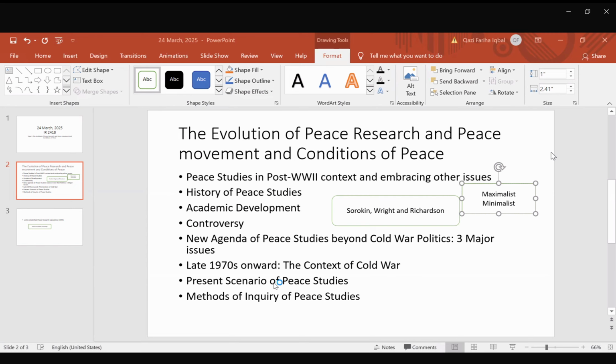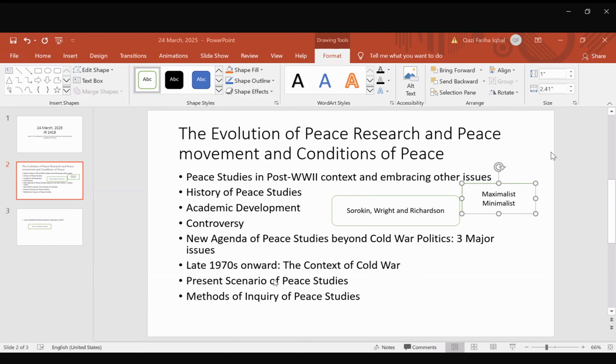Number 7, peace research focuses on theory and practice. As we have already discussed, scholars have provided different theoretical understandings on how to study peace. For example, Johan Galtung has talked about structural violence. Different other scholars have talked about different conditions of war and how to prevent war or how to establish war. Johan Galtung has talked about how to establish the positive peace aspect of society. So these are conceptual or theoretical developments.